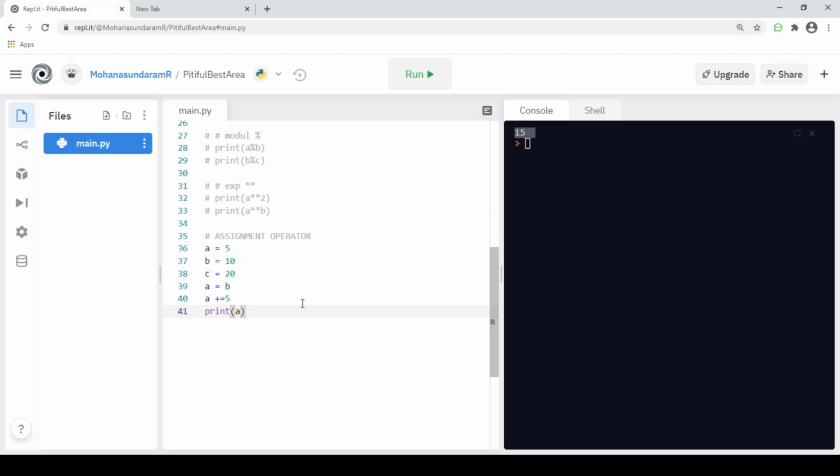Okay, we will do a calculation using both the assignment and arithmetic operators.